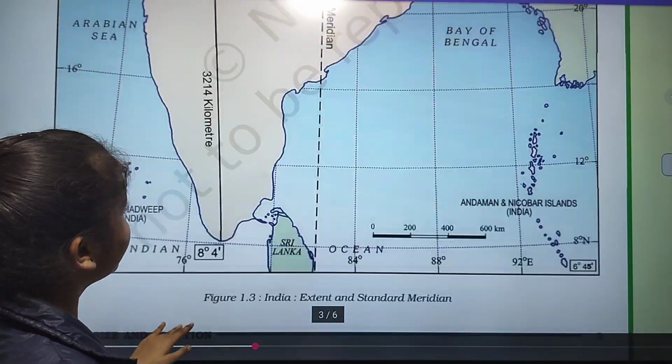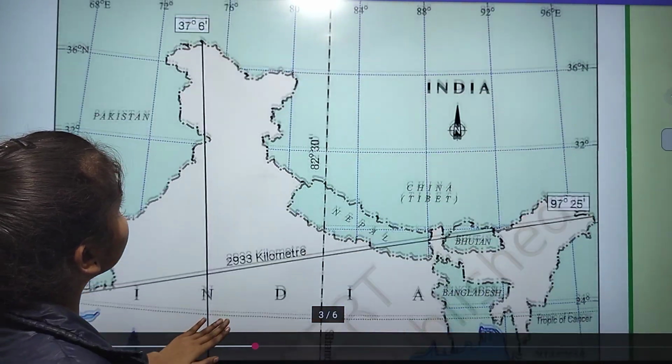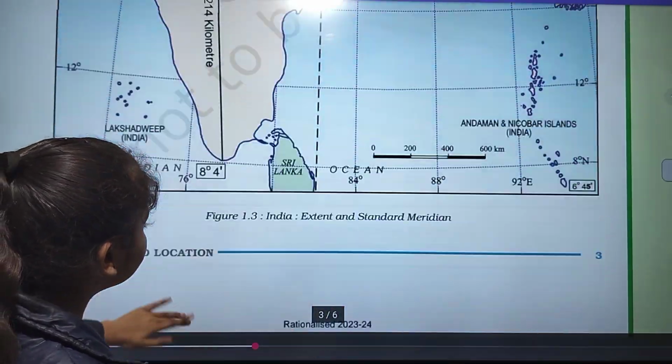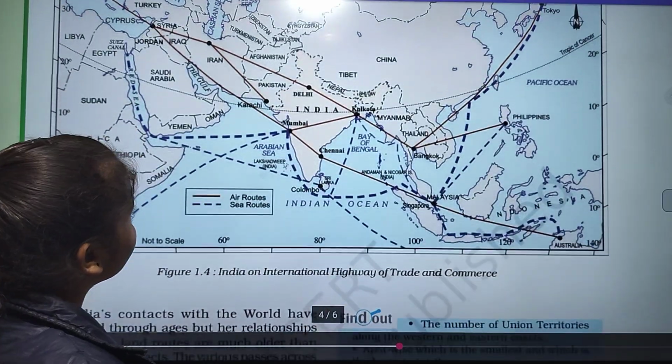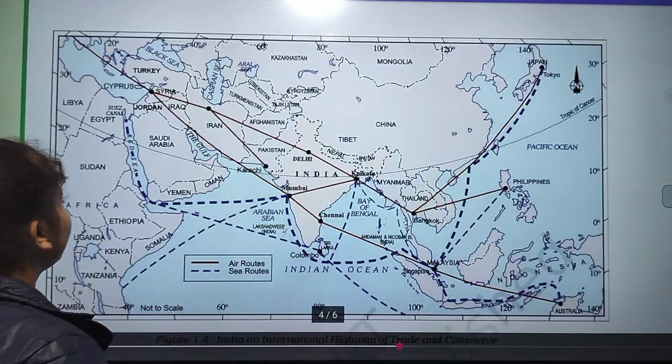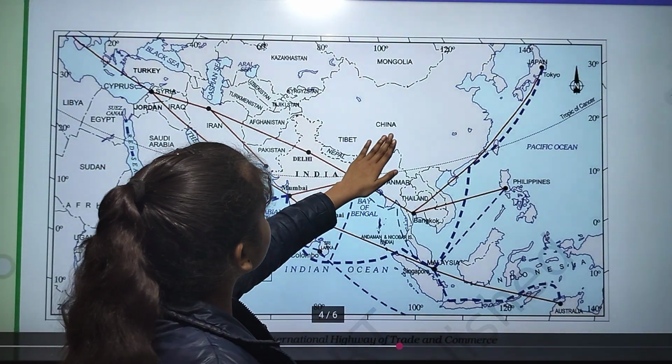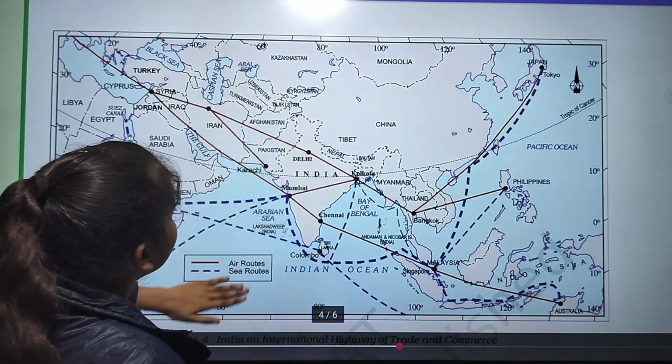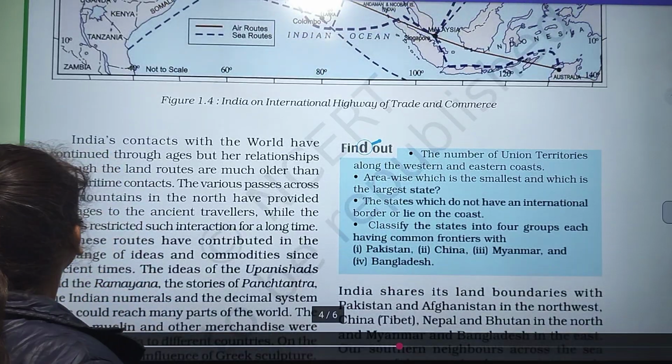This one is degree here. This one is India. And again, this one is a figure of the world. In the world, this one is Asia. And now here,